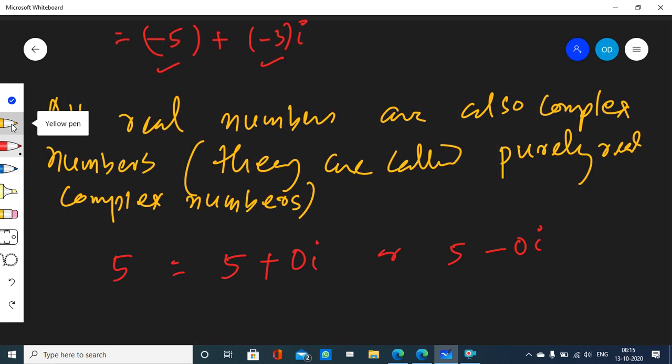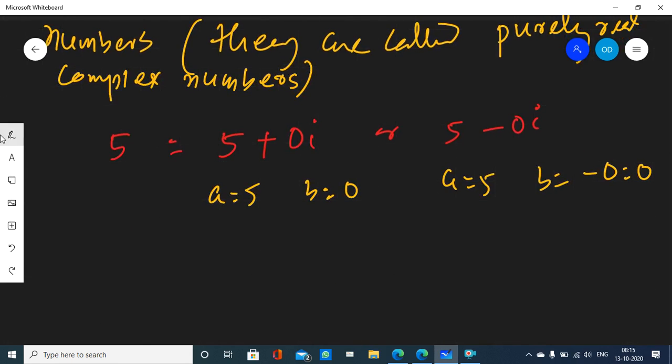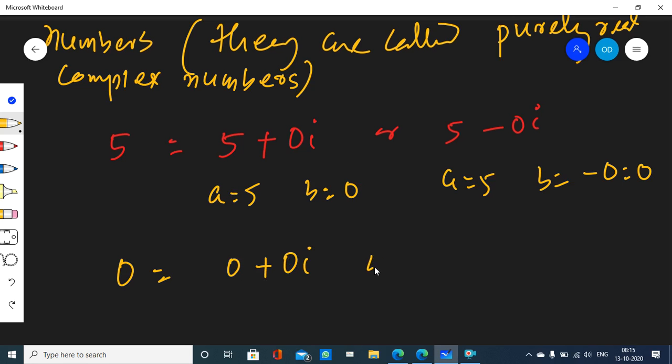In both the cases, it is in standard form of complex number, right? So every real number is a complex number. Here a is equal to 5, b is equal to 0. Here a is equal to 5, b is equal to minus 0, which is the same as 0. They are the same complex numbers. 0 is also a real number and 0 is also a complex number. You can write 0 as 0 plus 0i or 0 minus 0i or minus 0 plus 0i or minus